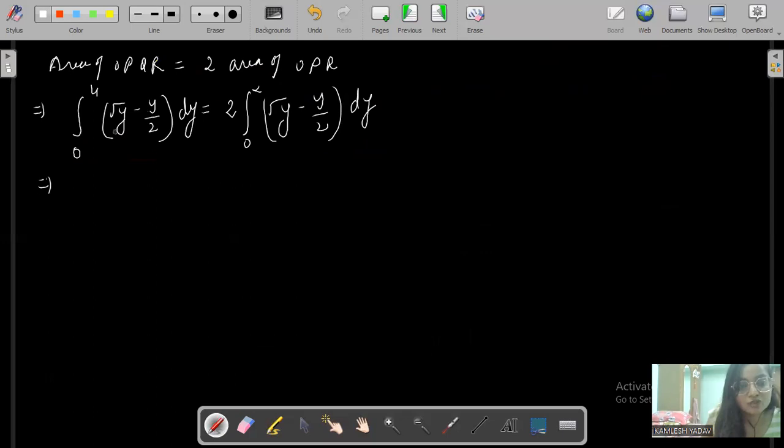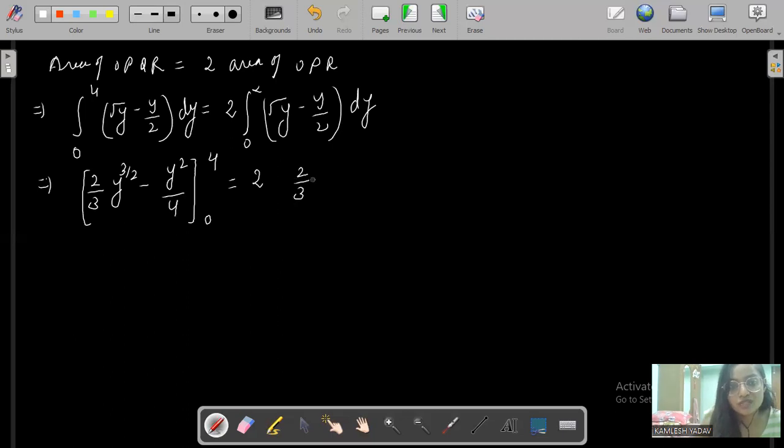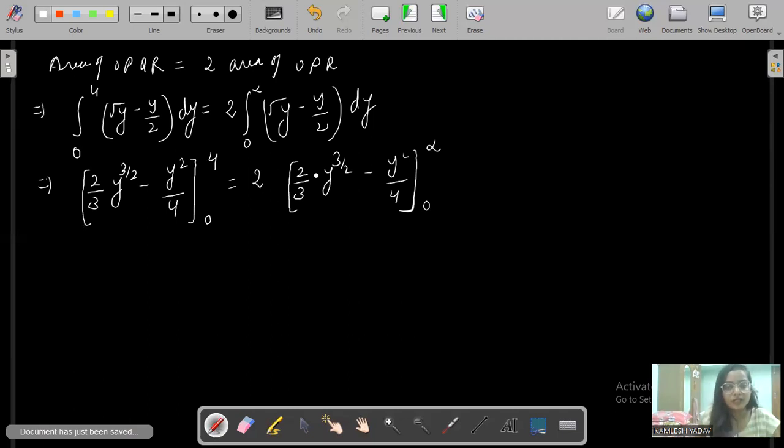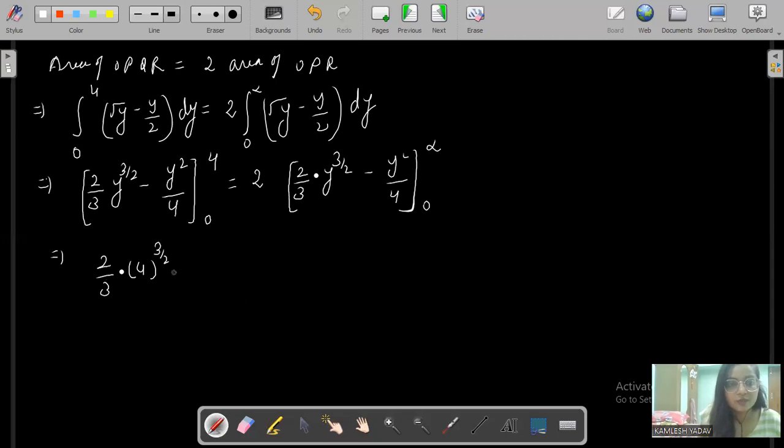It means this is integration of root y. We already know it is 2 by 3 y to the power 3 by 2, minus the second term's integration, which is y square divided by 4, and now we can write the lower and upper limit, 0 to alpha. So 2 upon 3 into y to the power 3 by 2 minus y square by 4, with limits 0 to alpha. Now we can calculate